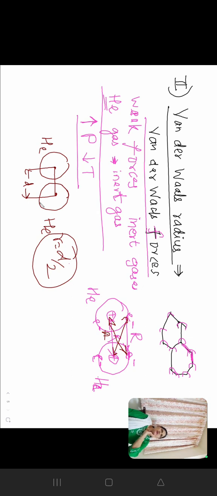In case of inert gases, when we increase pressure and decrease temperature,